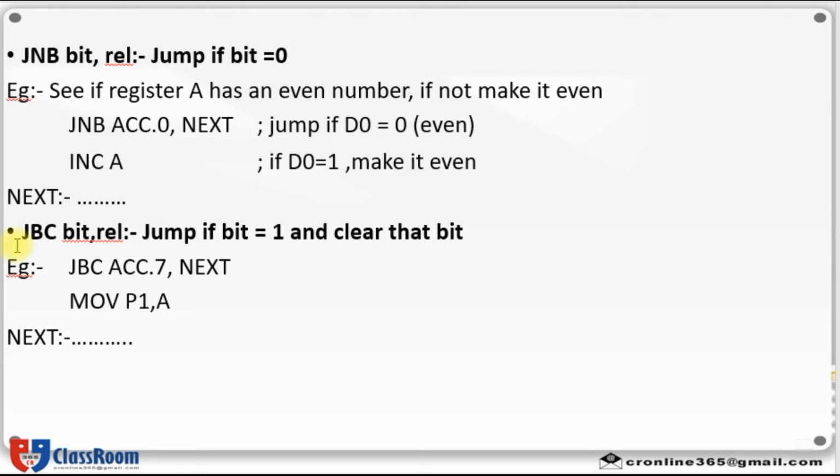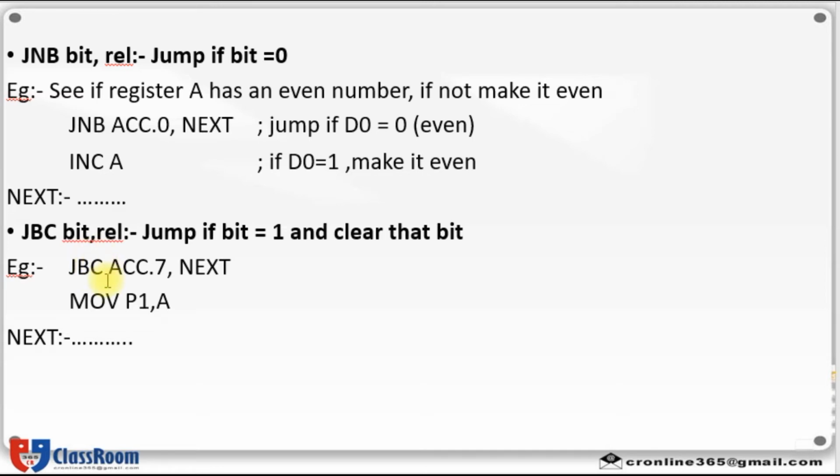Then, the next instruction type is JBC bit, relative. JBC means J for jump, B for bit, and C for clear. Jump if bit is equal to 1 and clear that bit. For example, JBC ACC.7, next.